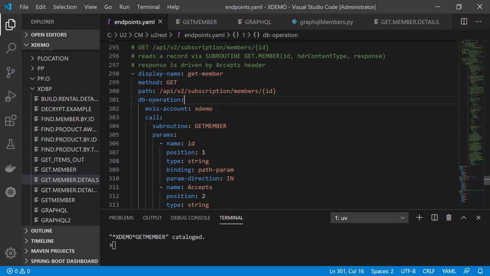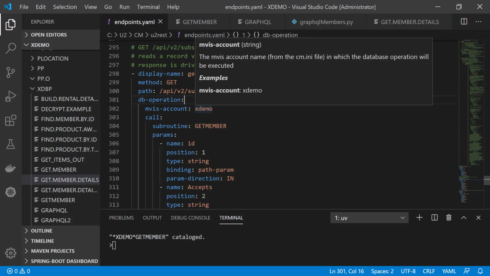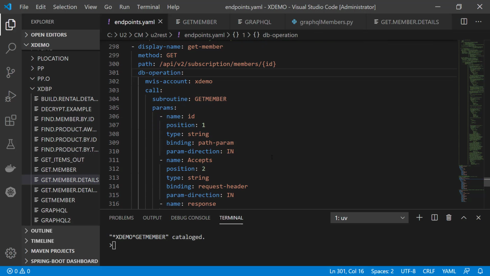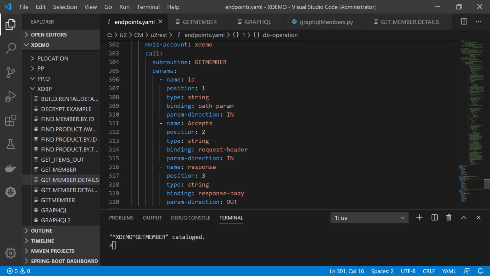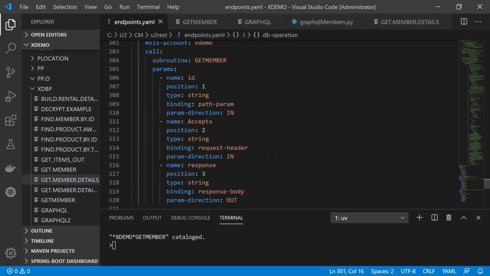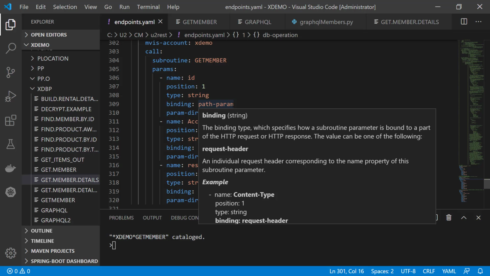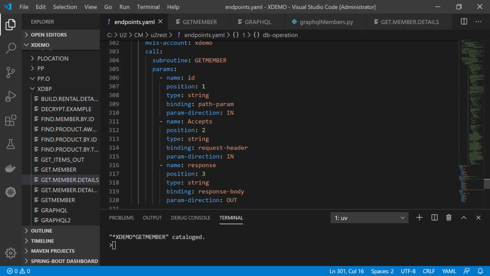It's going to be run in the account xdemo, and it's going to take some parameters that are bound to the HTTP request and response. So the first parameter is going to be the ID parameter, and it will be bound to the path parameter of the URL. So that was the ID in the squiggly brackets that we saw when we identified the path for this particular endpoint. It's an input parameter,